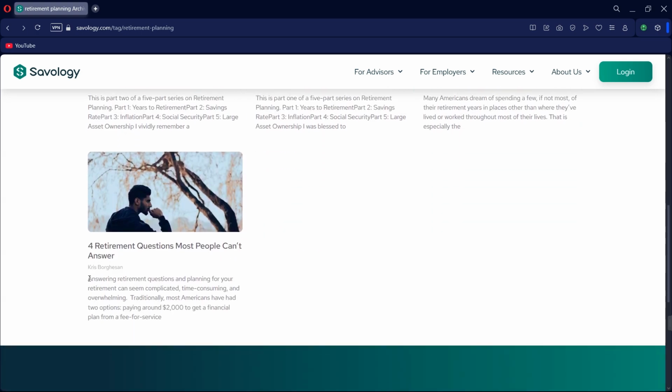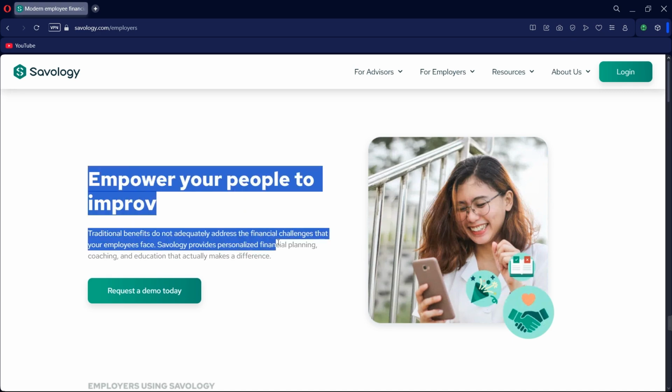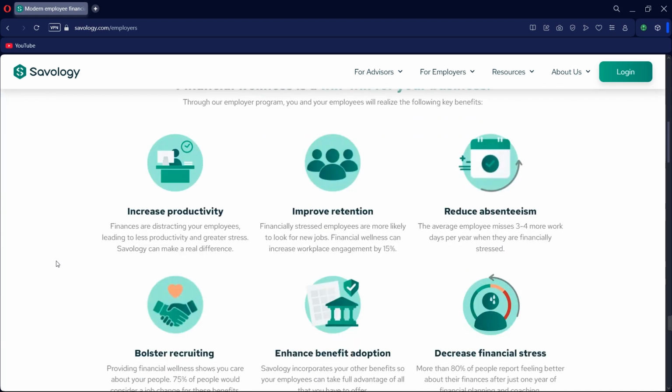Savology really shines in how it makes financial planning feel doable. You don't need to be a financial expert to understand your plan or take action on it. The platform breaks things down into simple language and even includes educational resources and tools to help you stay on track. While it's not designed for advanced investment forecasting, it's an excellent starting point for building financial literacy and a